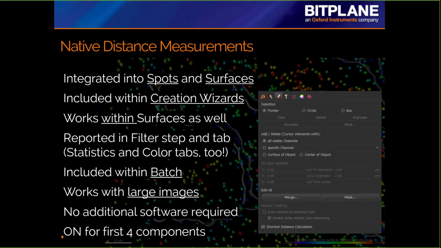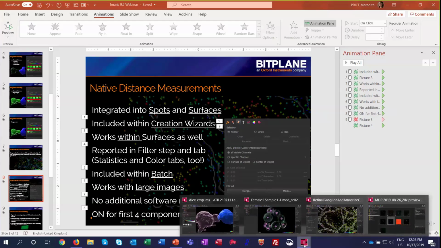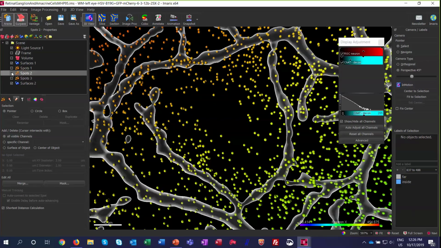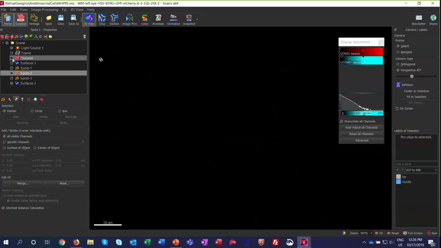Okay, and yes, this is the place within the Edit tab, which has the pencil icon, where you can turn the shortest distance calculations on and off if you find you don't need those. Okay, so now I am going to get out of PowerPoint again and switch over to Imaris. And this time, I am going to take you through a data set where we have